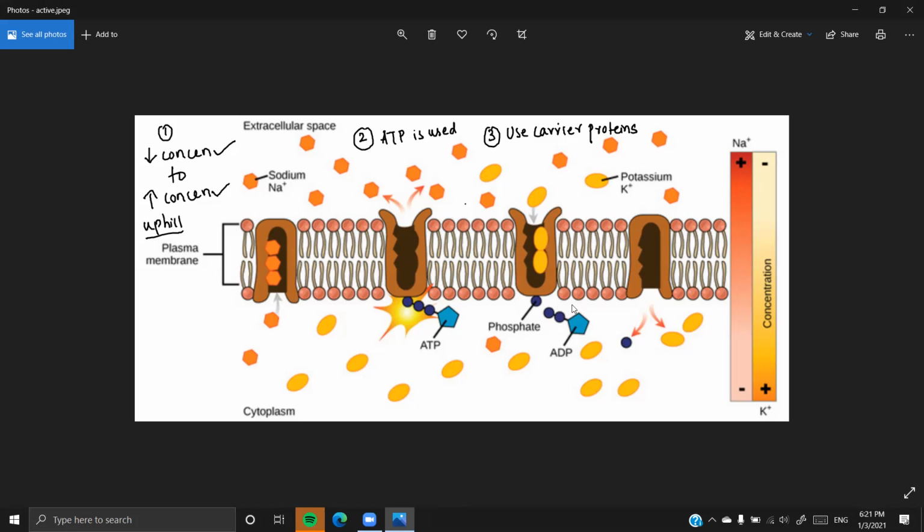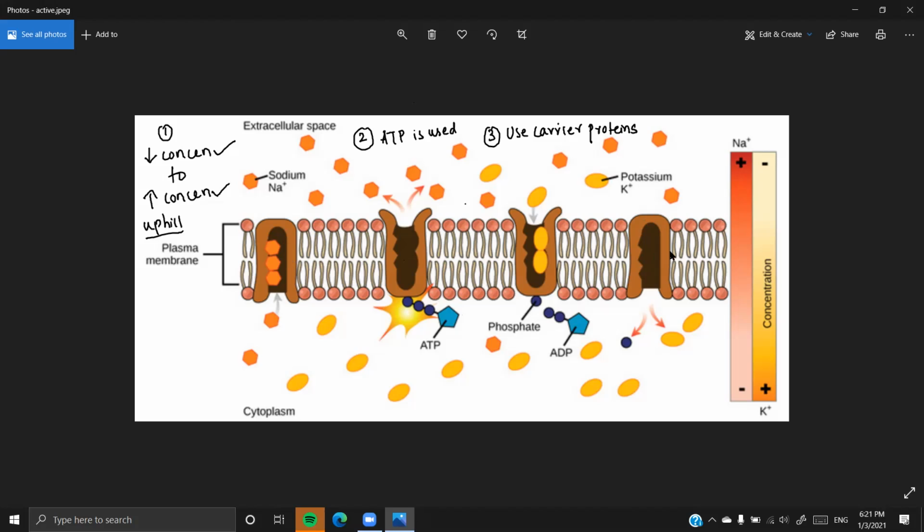Once the phosphate is released, the phosphate is leaving off. Now there is a change in the shape of the molecule. It is going to flip and open towards the intracellular side. Now the potassiums which were bound are released. So the exchange is between the 3 sodium ions pumped out by the hydrolysis of ATP, and while the shape